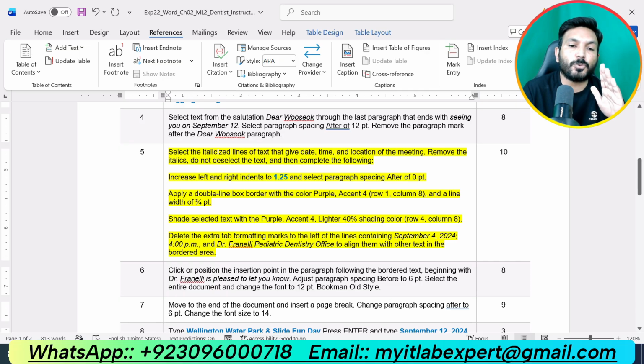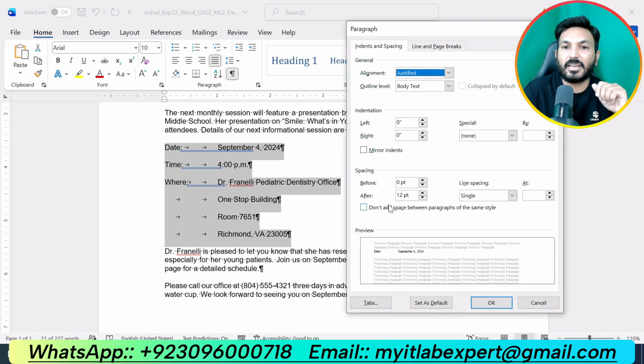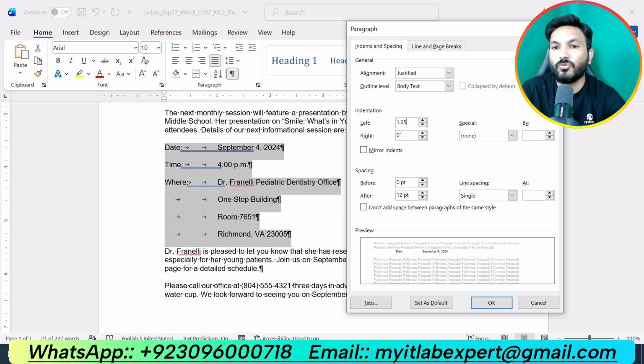So first we are supposed to increase left and right indent to 1.25. Go to the Home tab, go to the Paragraph section here, and in indentation we are supposed to increase the left and right indent to 1.25. Or you can simply remove this and type 1.25 left and 1.25 right.